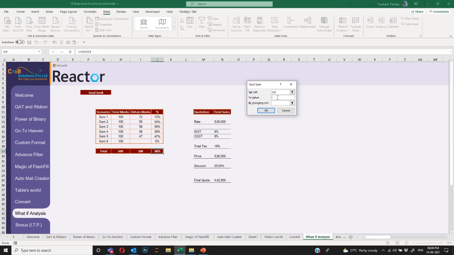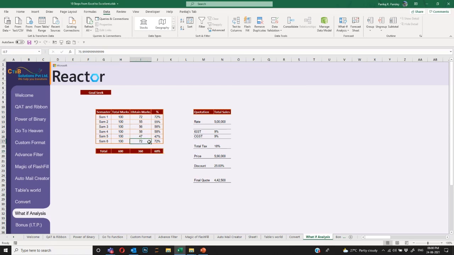To value: set this cell to the value. The value is I want 60%. By changing which cell? This cell, obviously, because that's the last one. I will click OK. Then it will run the calculation and tell me that to get 60%, you need 71.999. So about 72 marks in your last semester, then you will be able to get 60% overall.